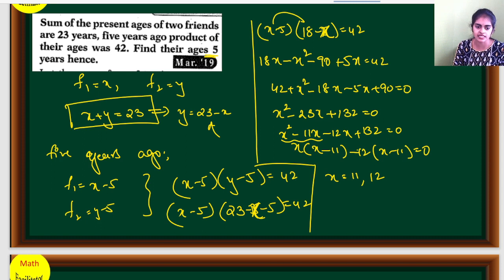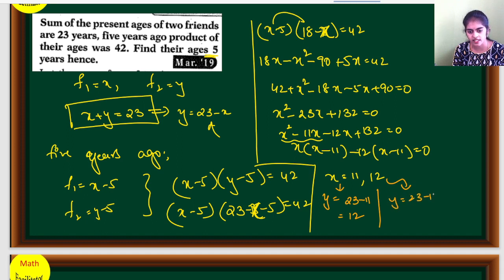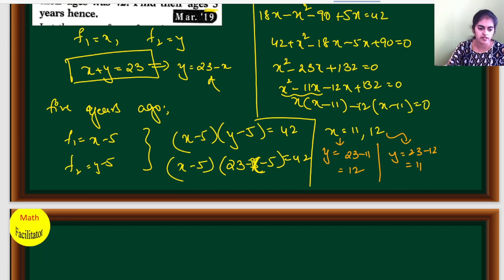So depending on this, if X is 11, what is Y? If X is 11, Y will be 23 minus 11, so it will be 12. If X is 12, Y will be 23 minus 12, so it will be 11. That means if one friend's age is 11, the other friend's age will be 12. If one friend's age is 12, the other friend's age will be 11. So what will be their ages